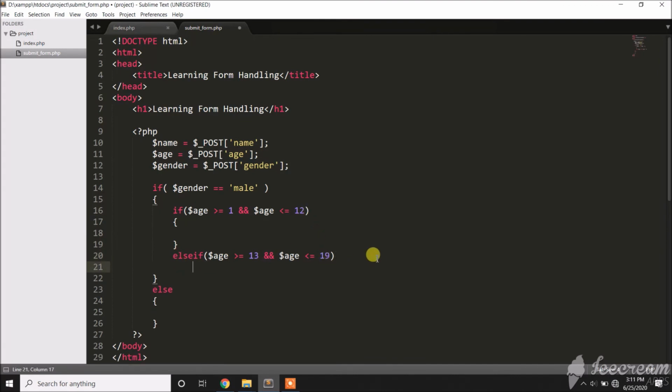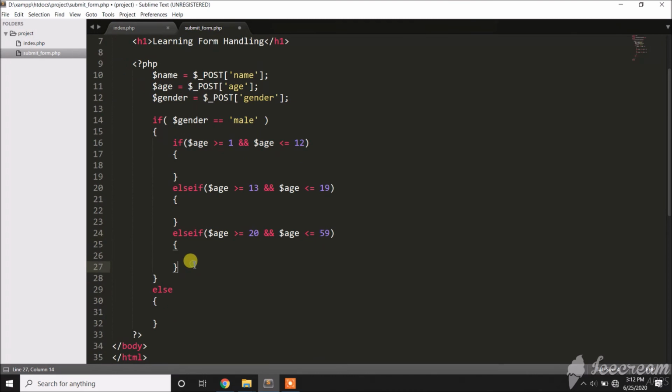And then else if again for the 20, then less than or equal to 59. Then the else part here, so nothing more. So here is 60 and above. Okay? So here we will display